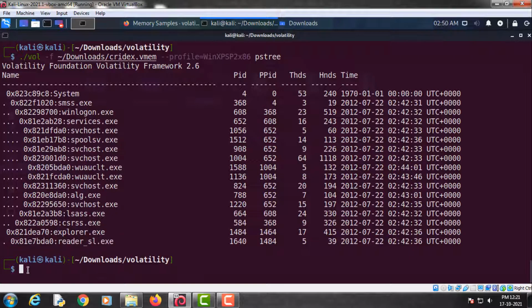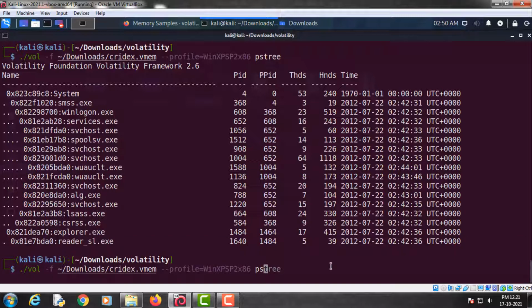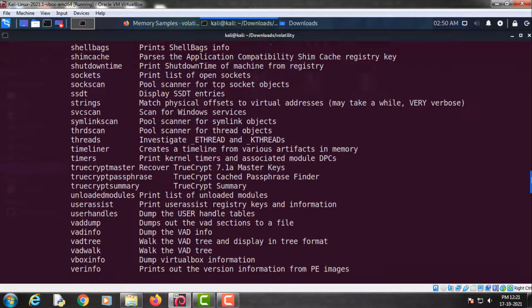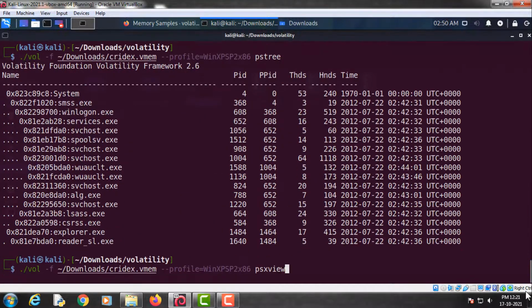Now we will further analyze these processes. We will examine if these two particular processes are trying to hide something from us. For this purpose, we will use the command psxview. You can find more information about it here, which is to find hidden processes with various process listings. So we will use this plugin.